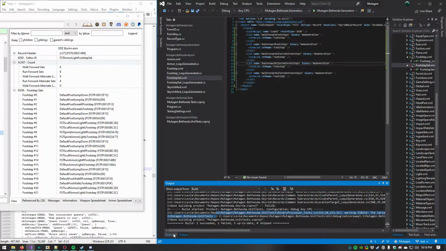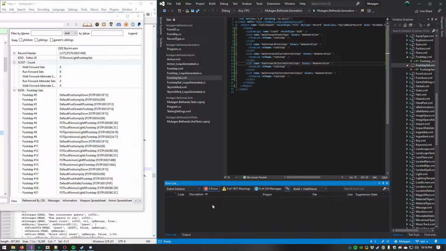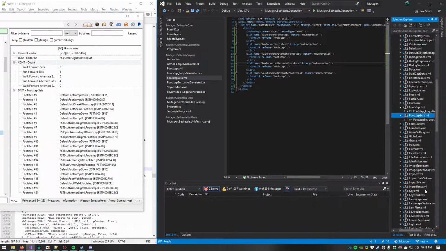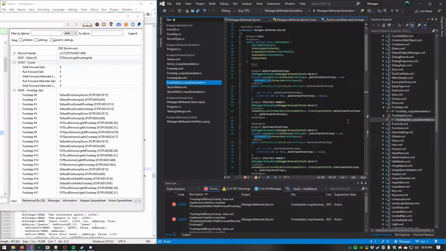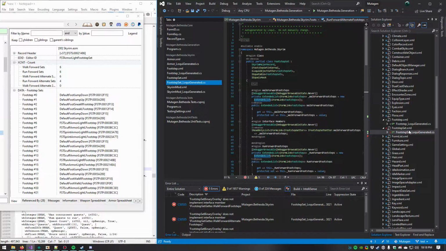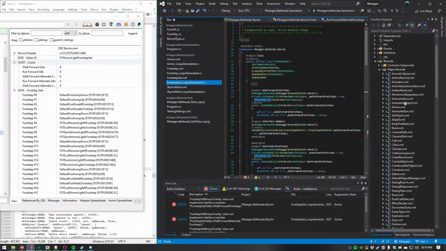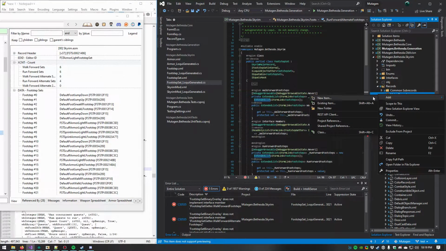Failed. That's because there's things that it expects that don't exist, which is namely the custom logic. So how do we add that stuff? Well, this file is generated automatically for us, and it is automatically regenerated every single time. And so if we add any code to this code file, it's going to be nuked all the time. But what we can do is just add our own file